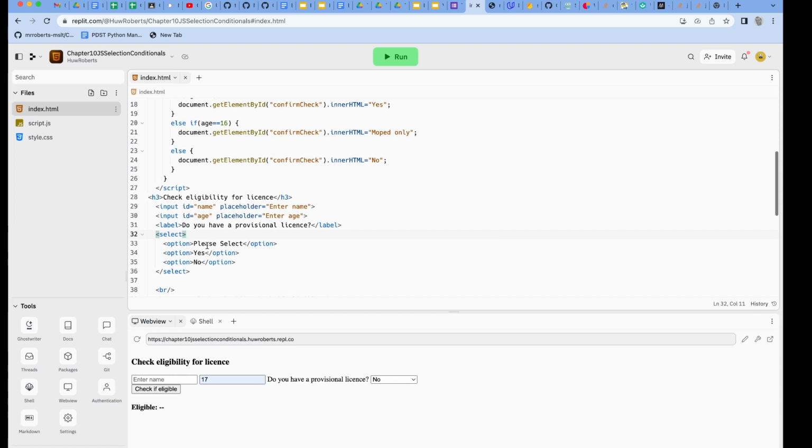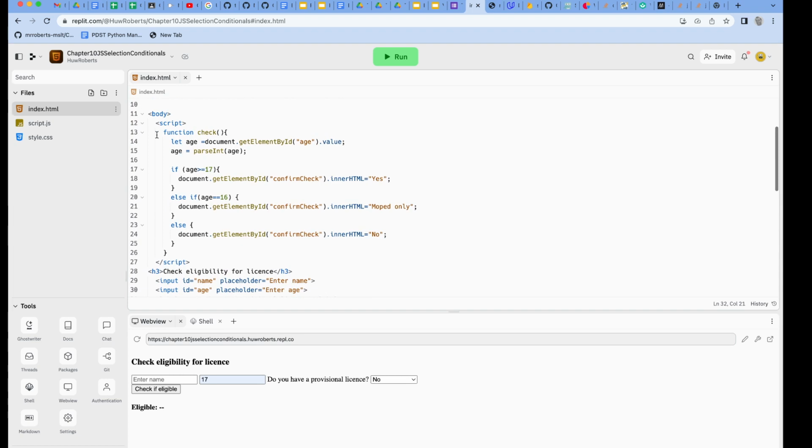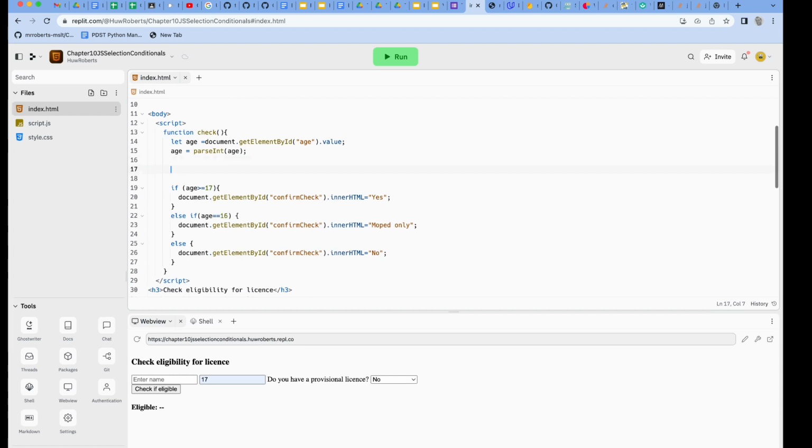So the first thing we're going to do is give an ID to the select element. So we'll say select ID equals, I'm just going to call that one prov. So in my JavaScript up here now, in the check function, I need to look for this value. So I'm going to add in a new variable here. I'm going to say let, and we'll call this one prov equals